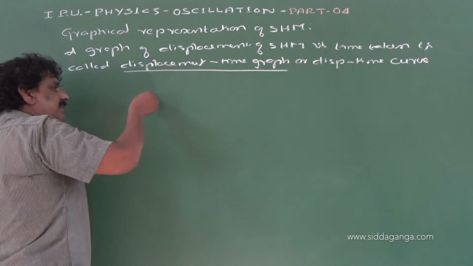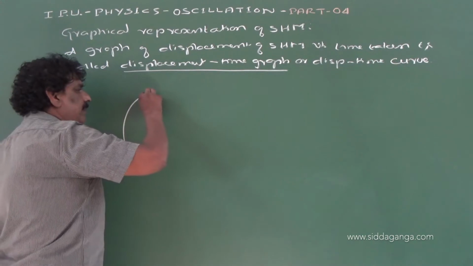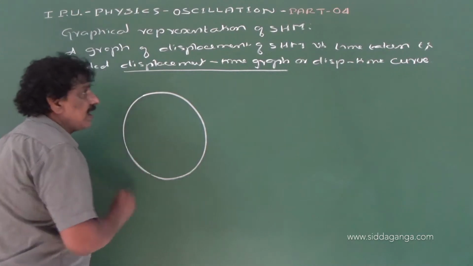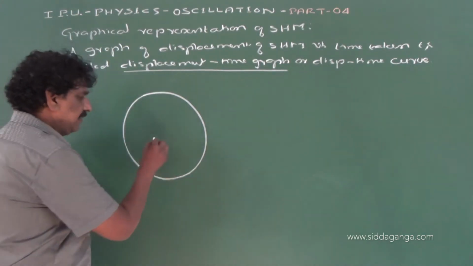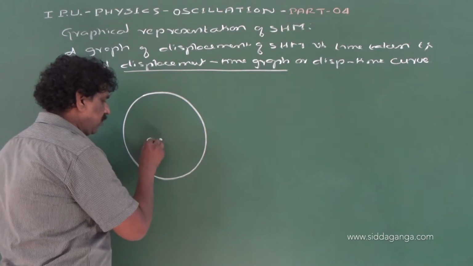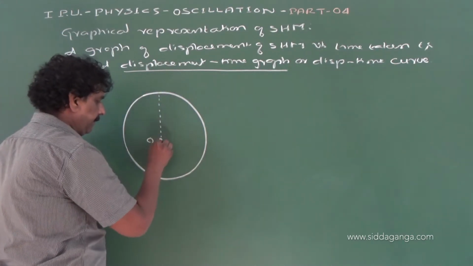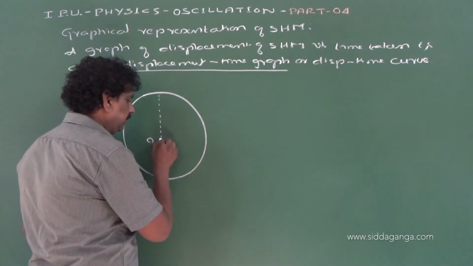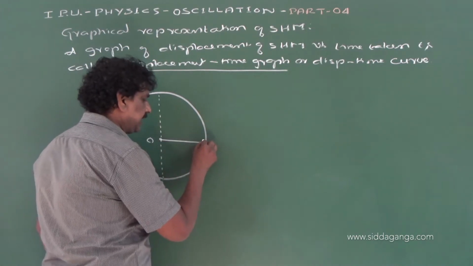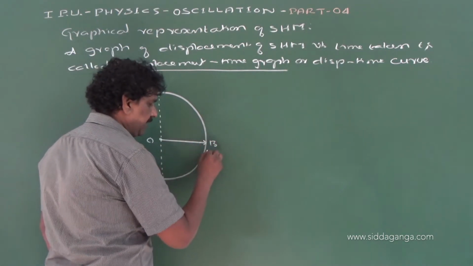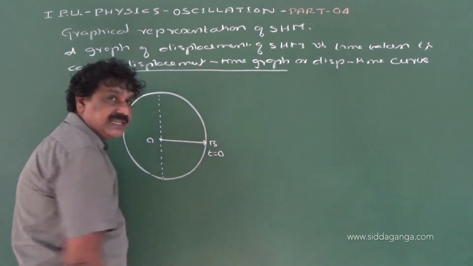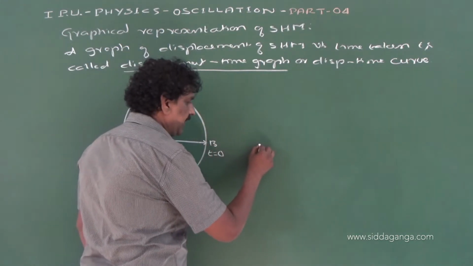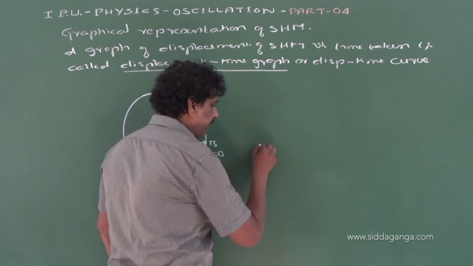Now let us consider a particle executing simple harmonic motion with the center O. This is the diameter. The particle is at position B at time t is equal to 0. Now the motion can be represented by a graph,